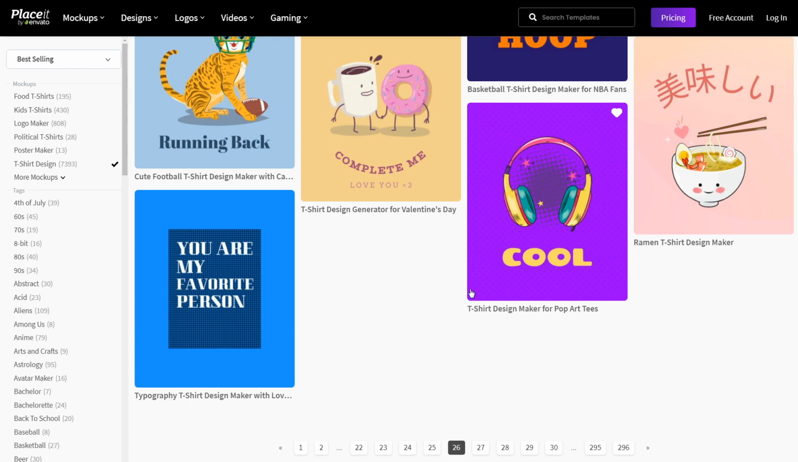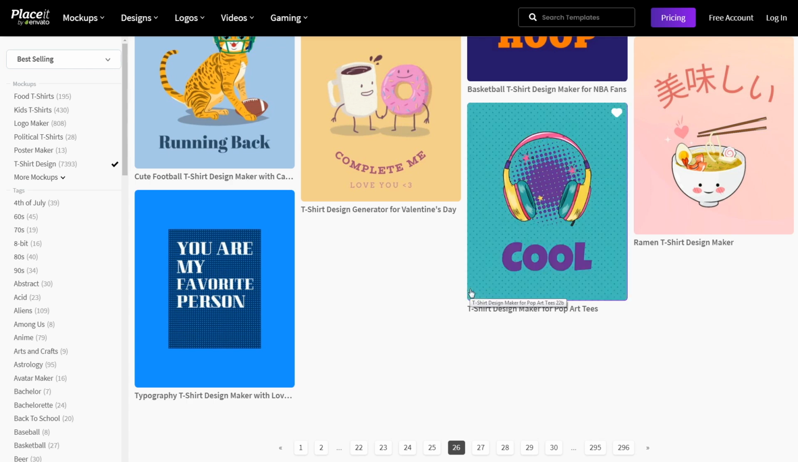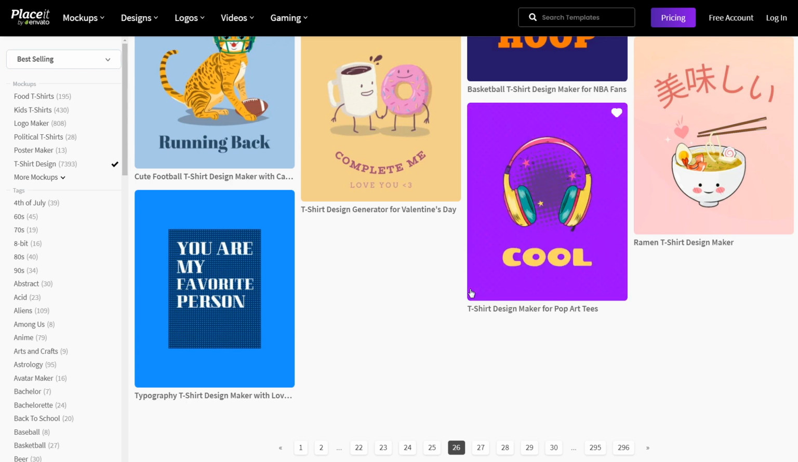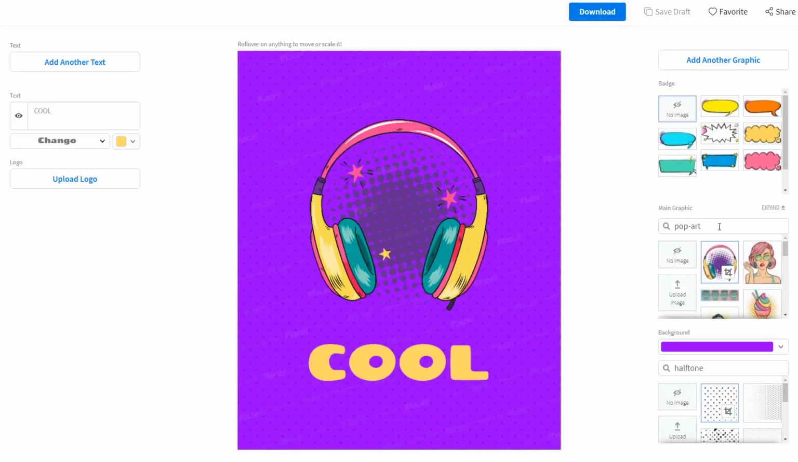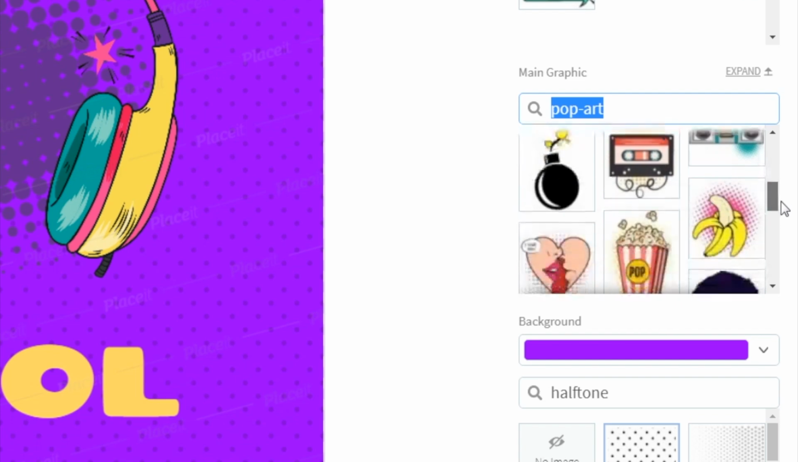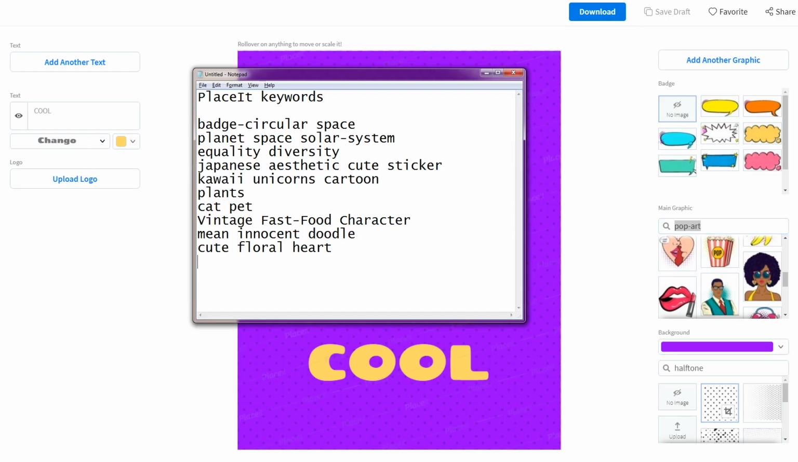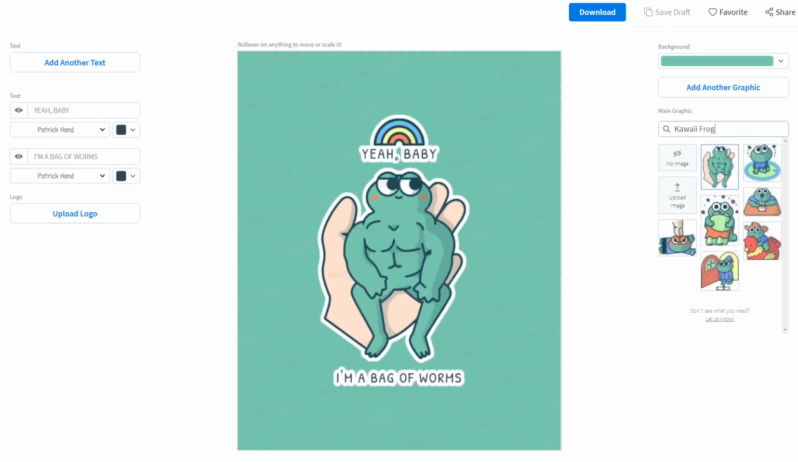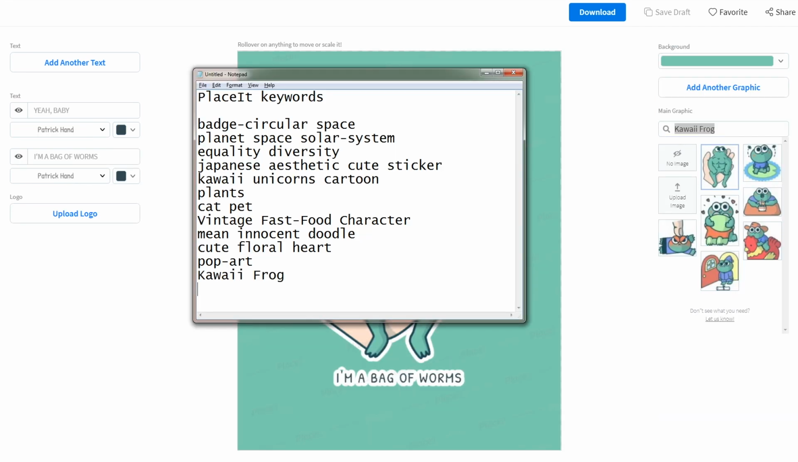Tip number 1. When you see a style that you like, click into it and have a look at what keyword is used on the right hand side. This one, for example, is pop art, and you can see all the graphics associated with the keyword. Make a note of it along with other terms that you come across while you're using the site. As you edit different templates, you'll soon build up a collection that you can take advantage of at short notice